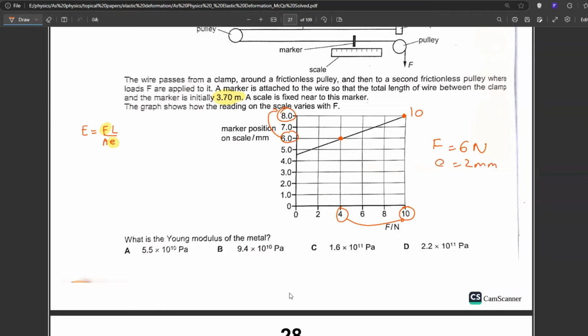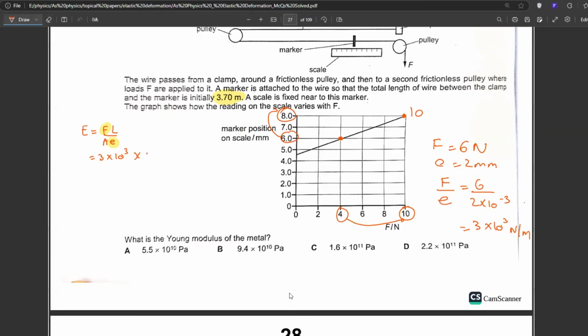Can you calculate K, or force versus extension? Yes, force versus extension, or K, is equal to what? 6 divided by extension, that is 2 into 10 raised to the power of minus 3. 6 divided by 2. This will go to the top side. This will become 3 into 10 raised to the power of 3 Newton per meter. Perfect. Let's substitute it here. 3 into 10 raised to the power of 3. Your length is